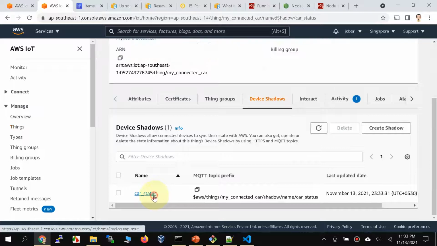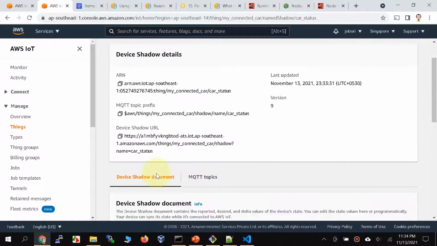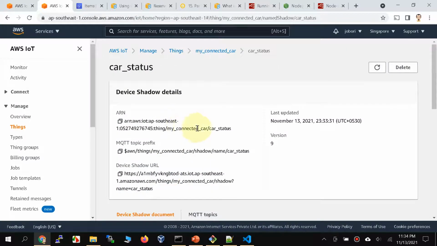Now as soon as you create this car status, notice that the shadow is the state of your device in AWS IoT. The state could be desired or reported, which is to say what the device reports and what we want. If the device is offline, we can change its status, and even if it is online, obviously we can change it. But once the device does come online, it's going to pull that information and check whether the desired status is different from the reported status, and it can change its own status. We're going to check a demo for this, but for now, understand that we did create a shadow,